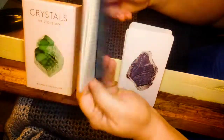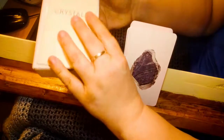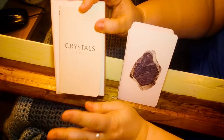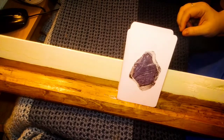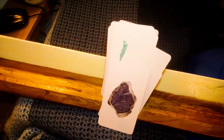And they actually have a book, and they have a free app called the Stone app, which, by the way, if you love crystals, you would want to get. It is spectacular. I cannot say enough great things about the app. Especially if you want to learn more about stones, it's fantastic. So I wanted to show you a little bit more about the